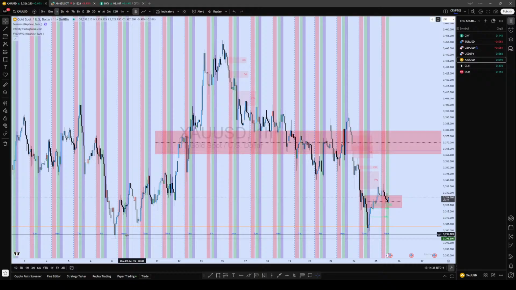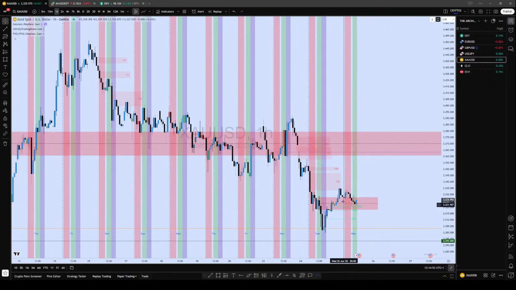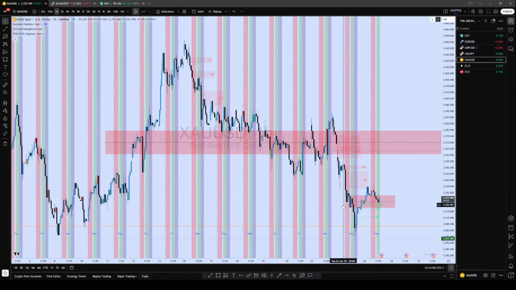Gold failed to take out this low, and like I said, if price does that, usually that's a trap. They will come back aggressively for it before going up. So I'm not a fan of buying this as a breaker right now. Okay, it can go up, but I'm not a fan of doing that because of this low and that low being left. There might be a surprise move to the downside to wipe out everyone that buys it before it goes up.